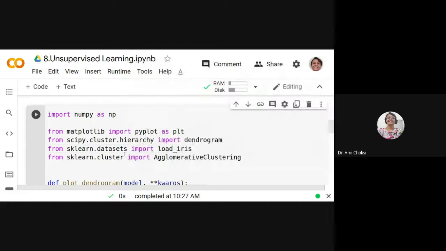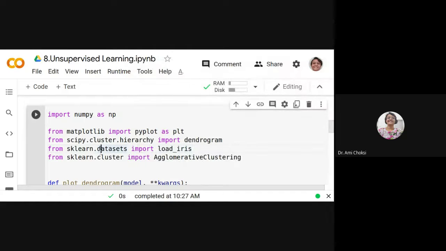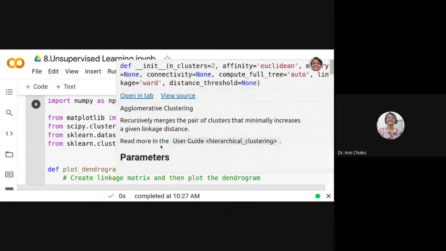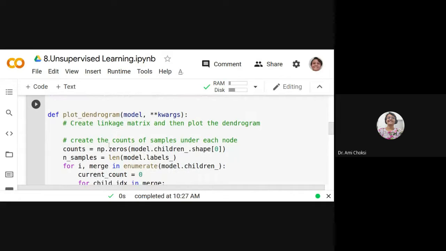It is not the typical data set which we use separately, downloaded from somewhere as a CSV file. No, it is not so. Whatever data sets are already available in sklearn.datasets, we can load with the help of load_ and that particular data set name, right? So you can see which ones are available and which you can use.